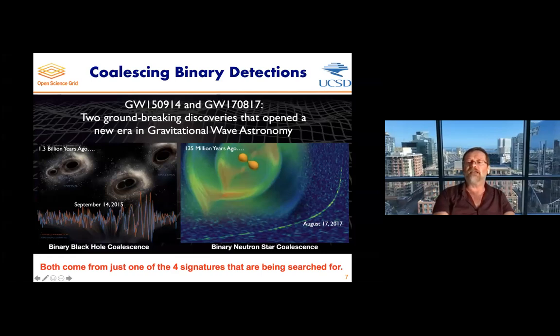And the gravity waves gave you a total energy release. And the light gave you an indication of the lower frequency part of the spectrum where it was visible, because in the higher frequencies, in the higher energy part of the spectrum, you couldn't see it because of the universe being opaque.